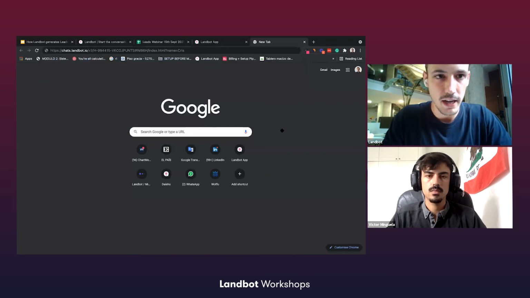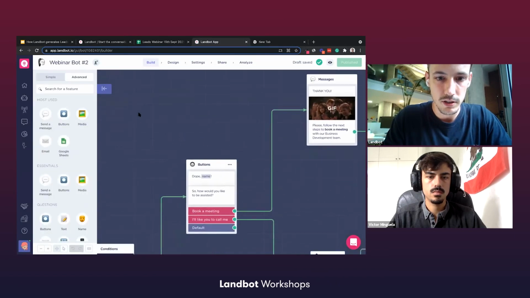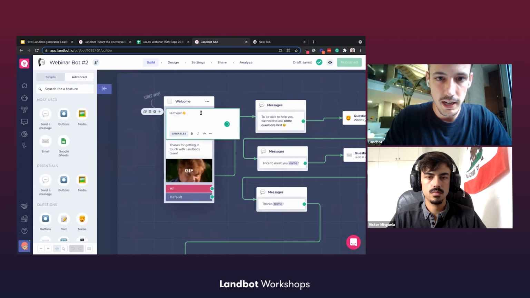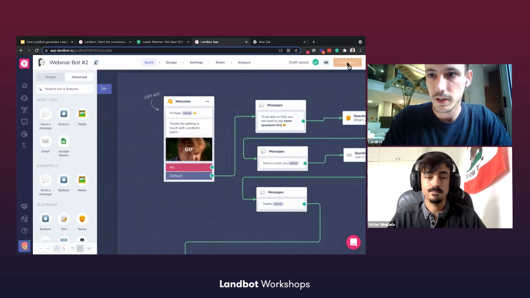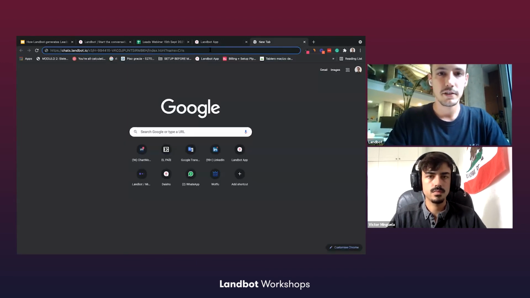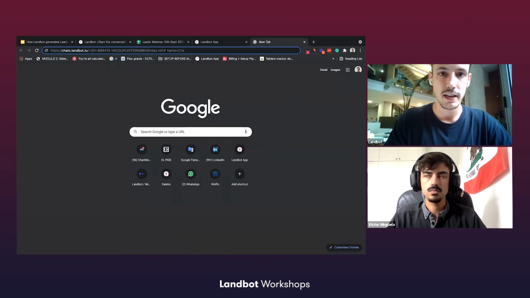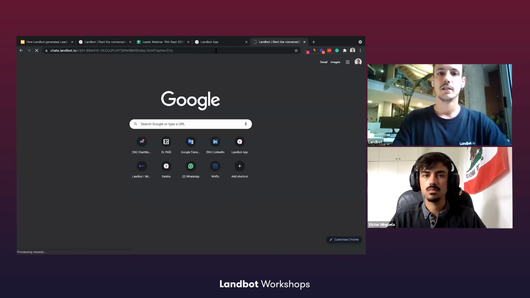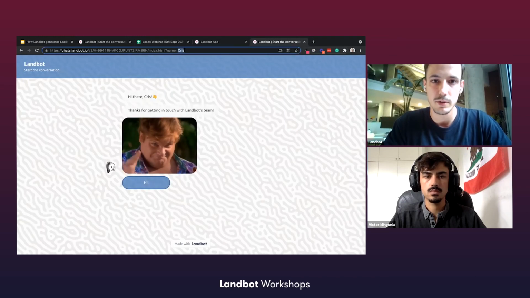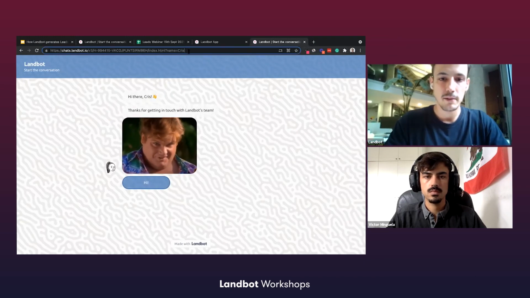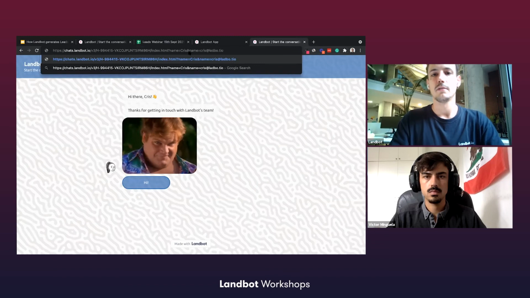Let me go back to the builder to add the name to the welcome message so you see how it works. So this is a welcome message. Hi there, I'm going to add name here. Awesome, I'm going to publish it. Going back here, the first thing I did was go to settings, hidden fields, and add the name as a hidden field. Then I add it to the URL like this. So if I click on this bot, it's going to tell me hi there, Chris, because it's taking this variable from the URL. It can be a name, or name and then email, and then anything else. So you can add unlimited variables to the URL.